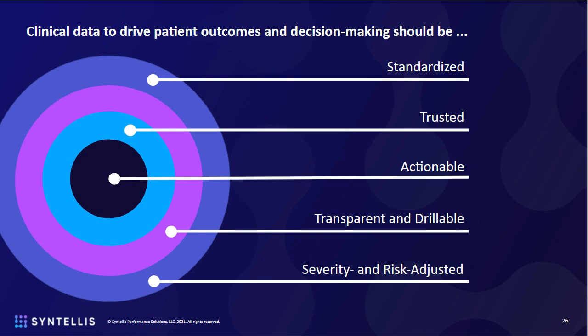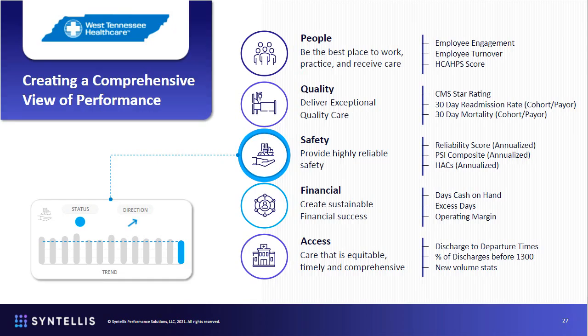All right, so I have one example of how we're seeing this being done within one of our clients, and then I'll hand it to Jay, who will walk us through some closing thoughts. But this is an example from West Tennessee Healthcare. West Tennessee is a wonderful partner of ours. They utilize both our financial and our clinical solutions, and they recently shared some of the work that they're doing